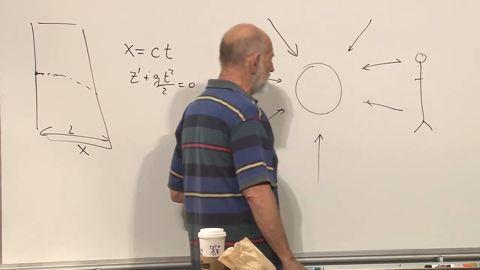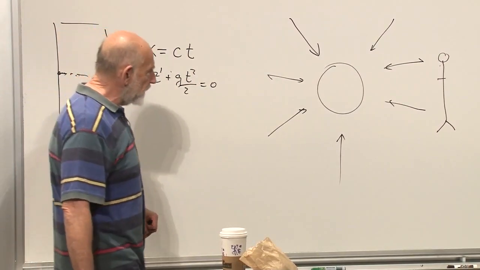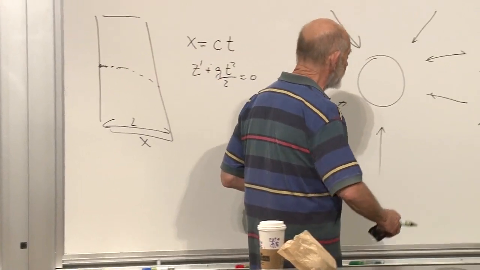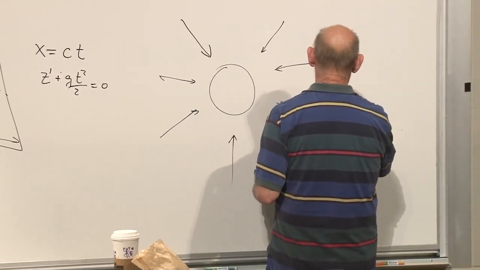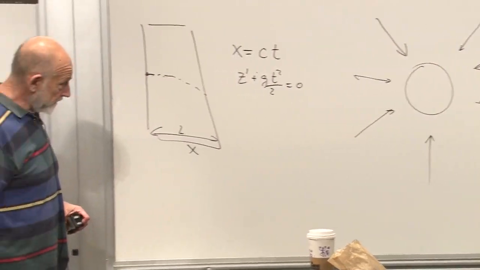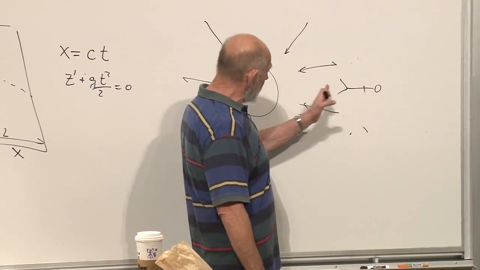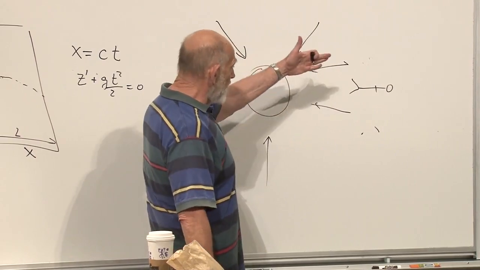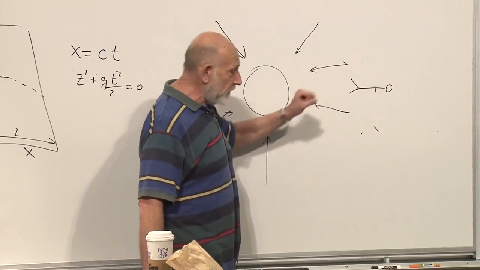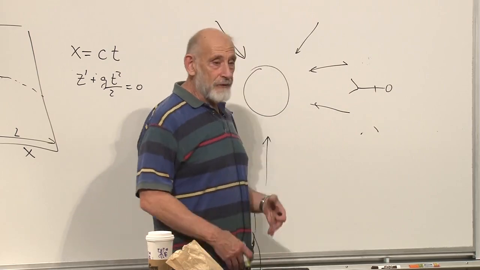My favorite 2,000-mile man. The 2,000-mile man is falling in the gravitational field. Well, let's start him out differently first. Let's start him out falling feet first. Because he's large, not a point mass, the different parts of him feel different gravitational fields. The further away you are, the weaker the gravitational field is. And so his head feels a weaker gravitational field than his feet. His feet are being pulled harder than his head. Guess what? He feels like he's being stretched.